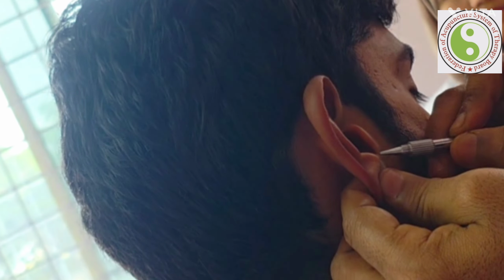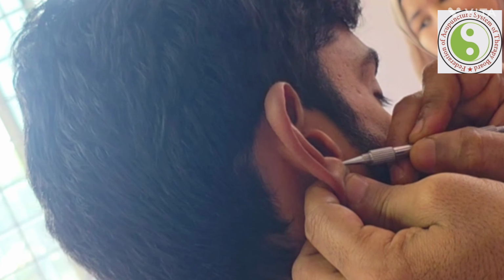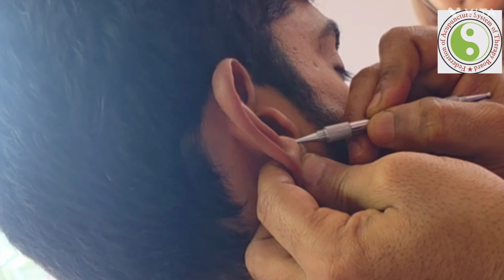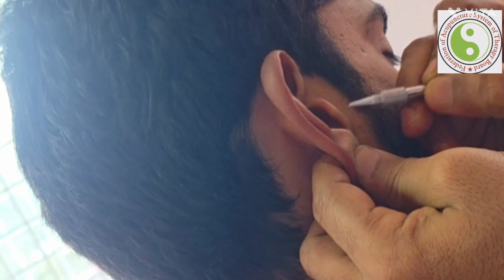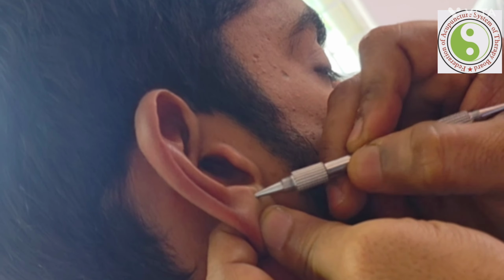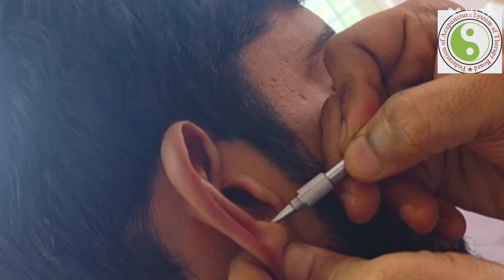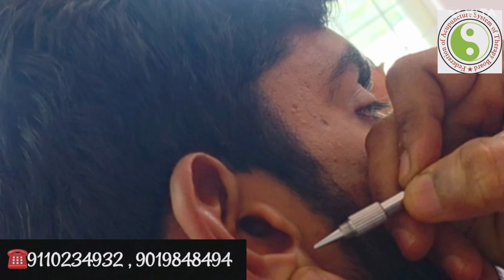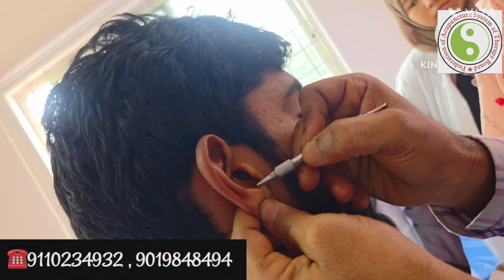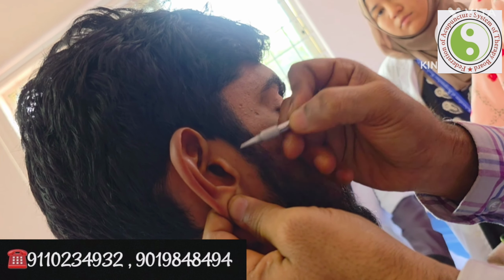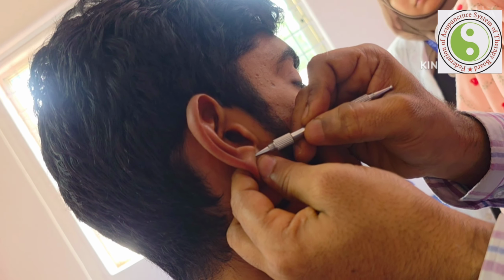Right. This is the frontal brain. This is the vertex of the brain. This is the occipital brain. This is the temporal brain. And there is also another temporal brain that is on the inside. This is on the right side of the temporal brain. This is the left side of the temporal brain. Temporal lobe.